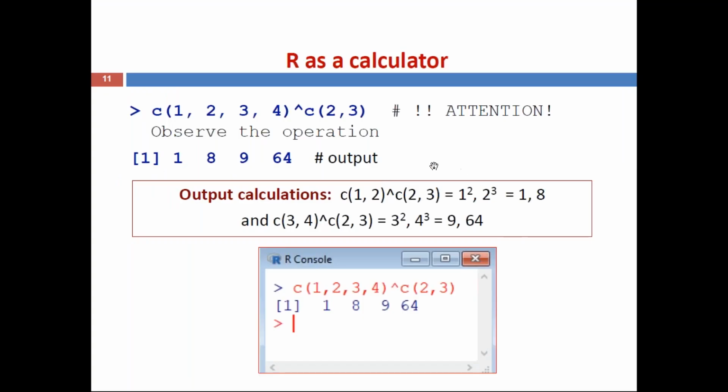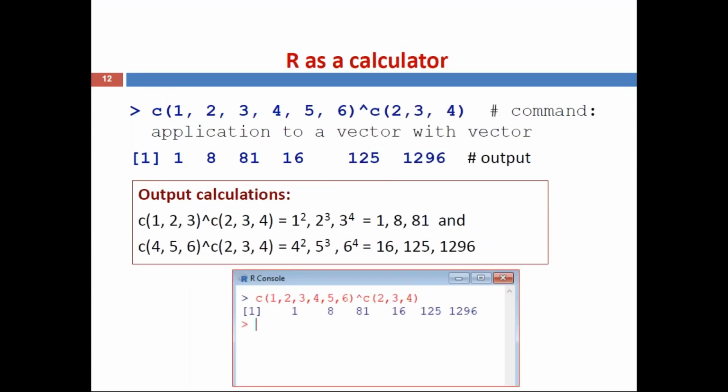Here you can observe some more examples. Here on the right side you have 3, the length is 3. Now on the left side we have 1, 2, 3, 4, 5, 6. So here 3 means you can split it into two parts. This command shows the application of a vector with a vector. Output: here you can see how the output is computed. At the bottom you can see the calculations.